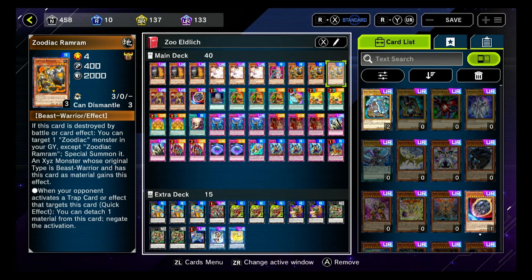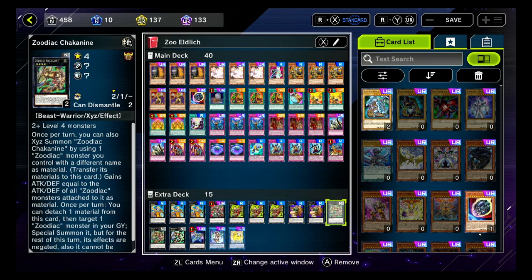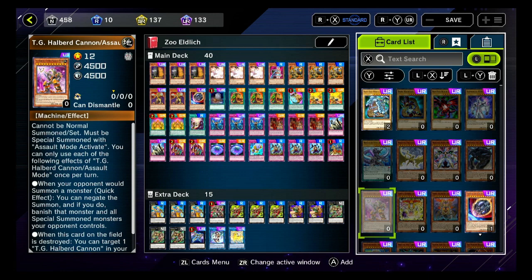And then Ram, when it's destroyed by battle or card effect, and you'll try to pop it yourself with your Trident, you can then target a Zoodiac and special summon it. So that could be any of your Xyz monsters. They're really easy to get. If you can get 2 Xyz monsters on the field,